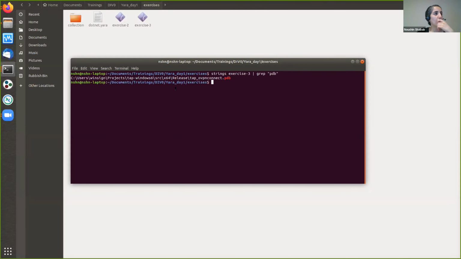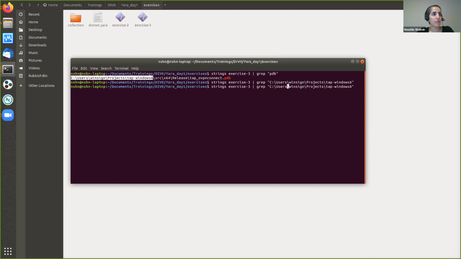Let's try to see how we can do that. Maybe look for the project path like this. Instead of PDB, let's try to look for,